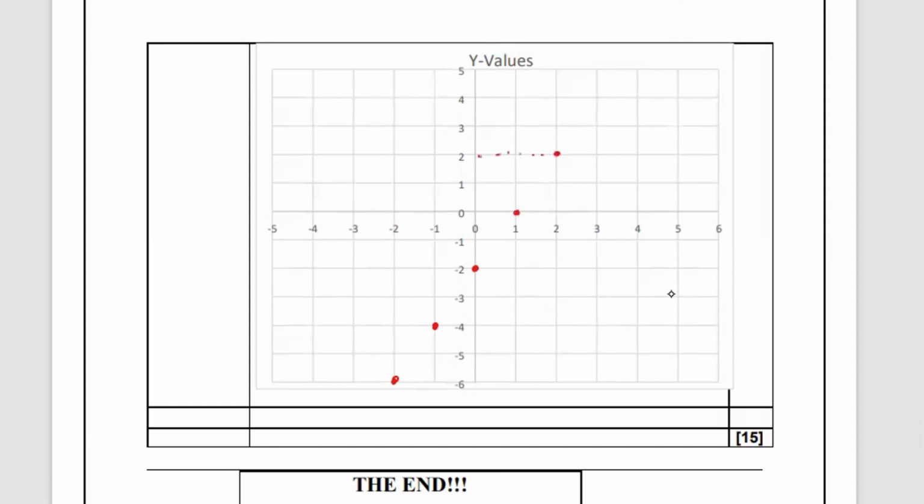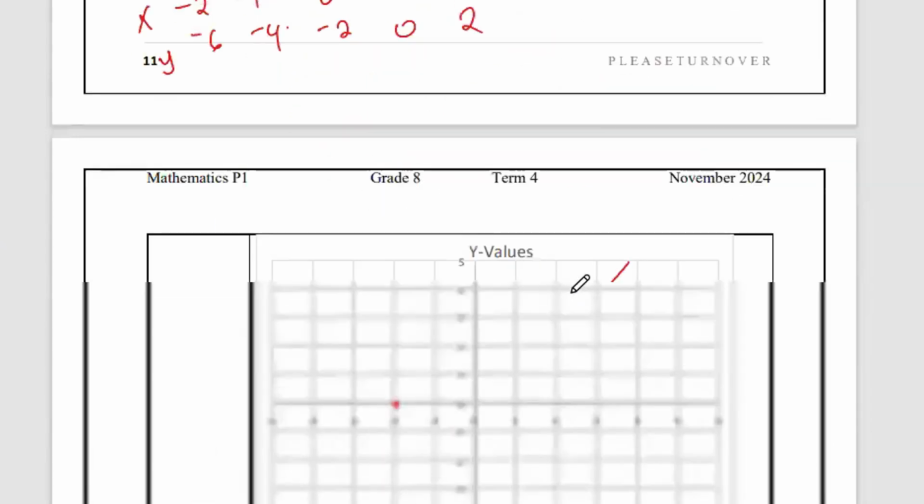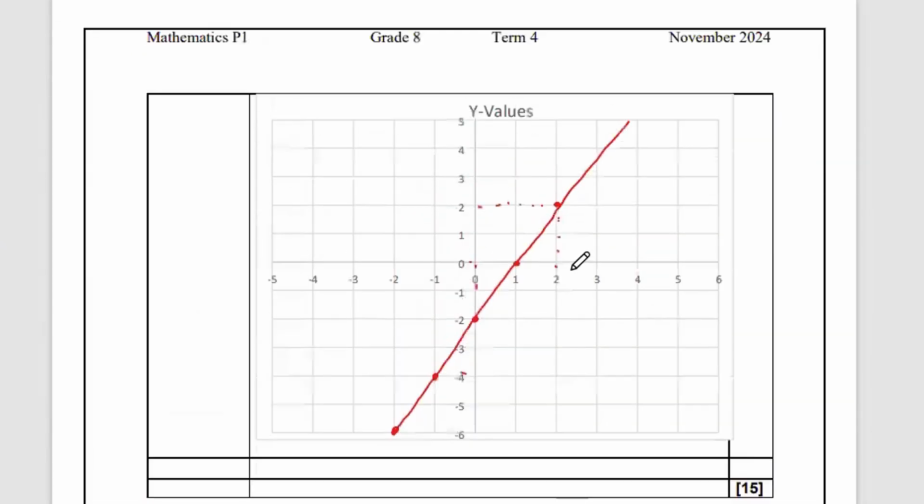Okay, remember 2 for y, 2 for x, they meet. 0 and then 1, 0 and then -2, and so on and so forth. Okay, so we can see that our points are forming some sort of a line. So get your ruler and then connect these points so that you form a straight line. Okay, so that is the graph that they wanted,